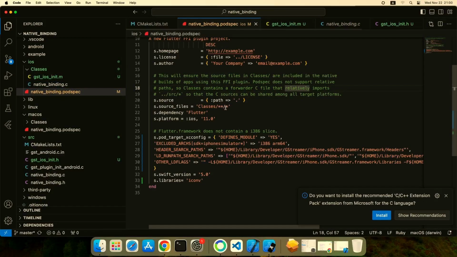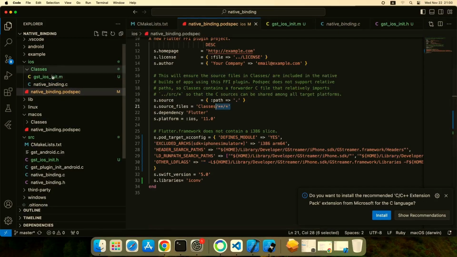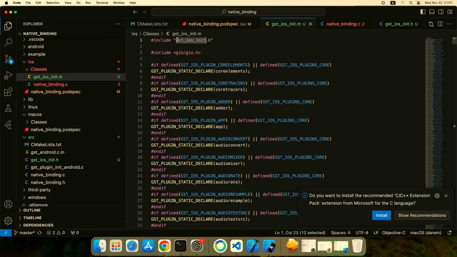And we don't have to do anything because everything inside this folder will be compiled. But we need to update one thing. We need to modify this one because our headers are no longer in the same folder as our M file. Where's our M file? Go up